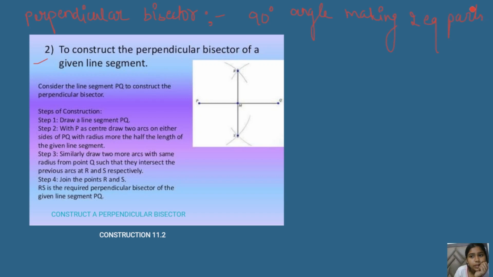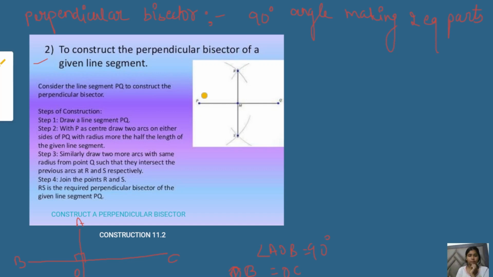Basically, let's just suppose this is a line and here is the perpendicular bisector. This is the perpendicular bisector. Okay, now in that case, angle AOB will be equal to 90 degrees and side OB will be equal to side OC. So this is what we meant by the perpendicular bisector when we talk of this term.